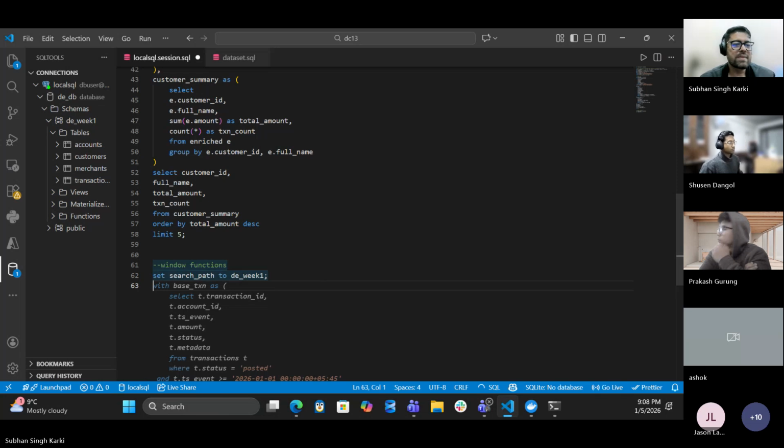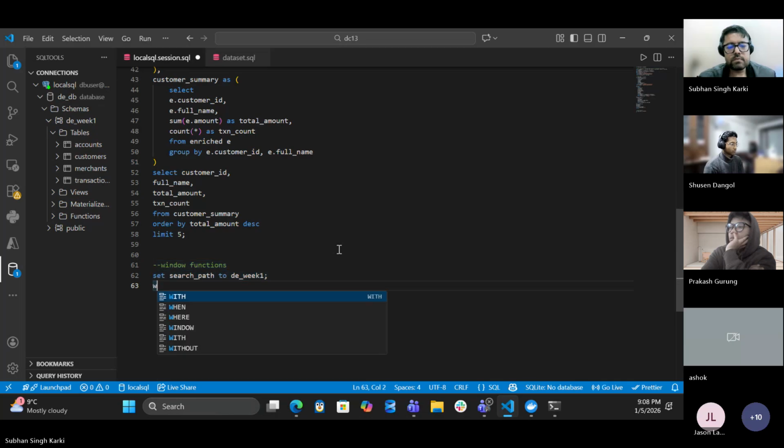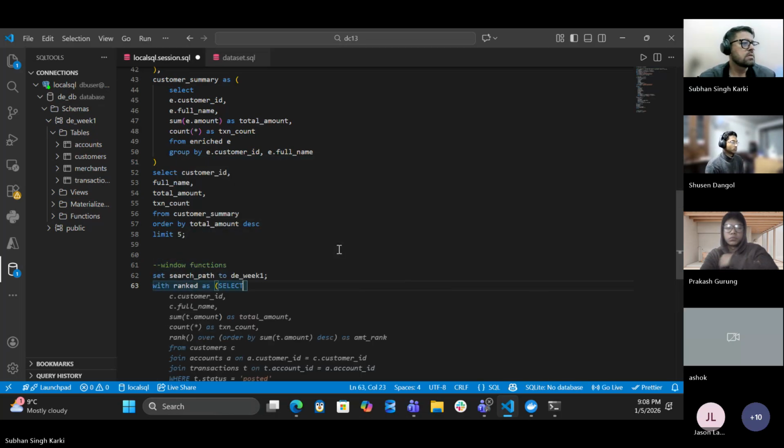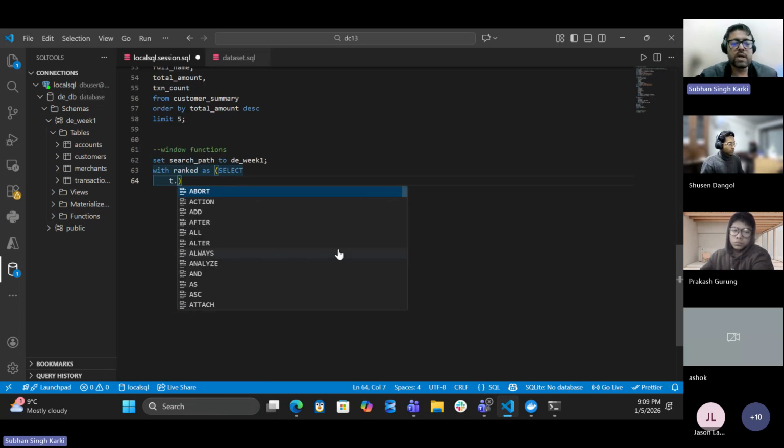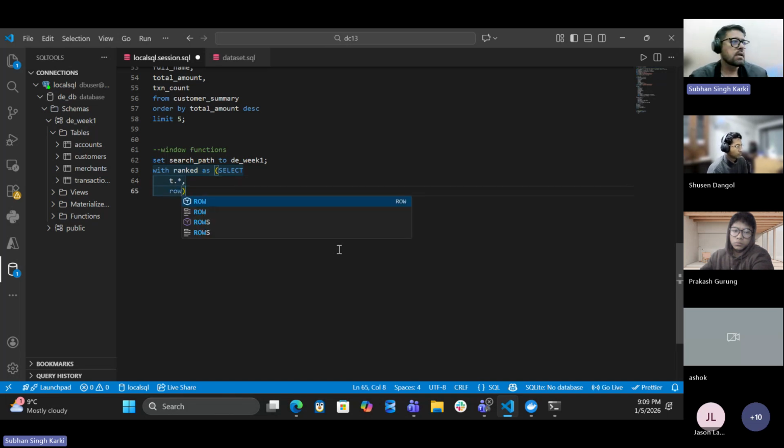So again, because I said that we should be using CTEs, most of the queries that you will see in our hands-on will be using CTEs. All right, so with ranked as select, what we need is all the information from transaction. So we're going to say t dot asterisk, and then row_number over